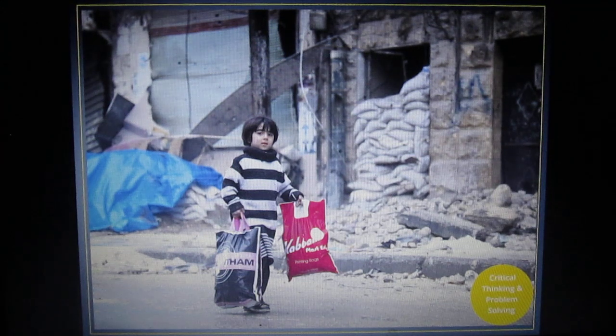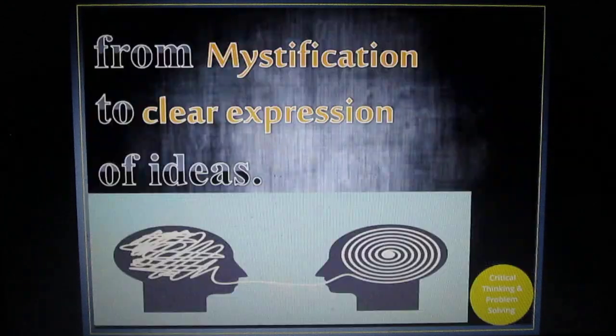Here in this picture we can easily see a child, shopping bags, well dressed, well mannered, but the back side is totally destructive. There are areas and places, and he might be happy or might not be happy. So there is total confusion. Some will think he's shopping, some will say no, it's a totally destroyed area. So everybody will think from their own angle. When they are thinking from a different angle, it's called critical thinking.